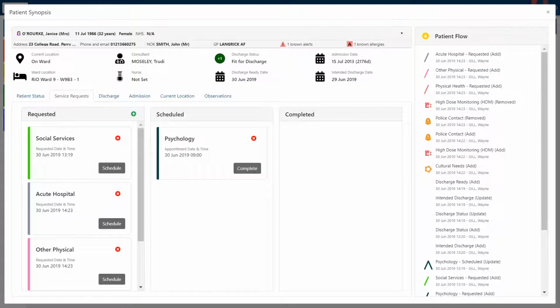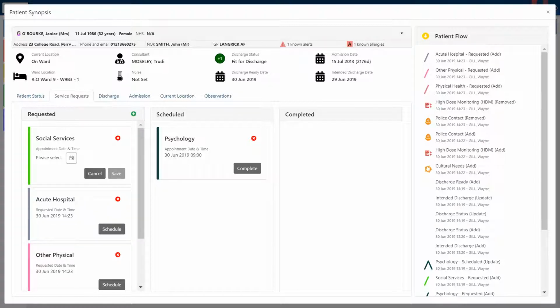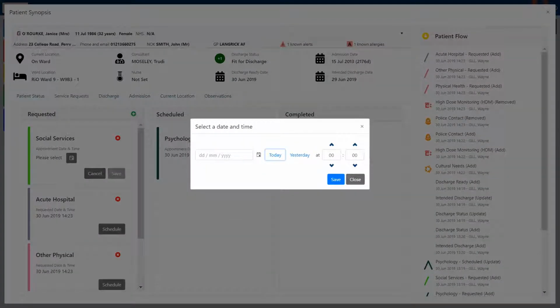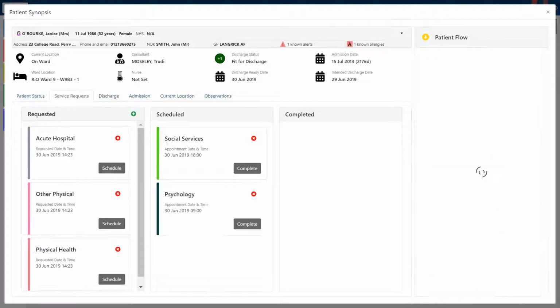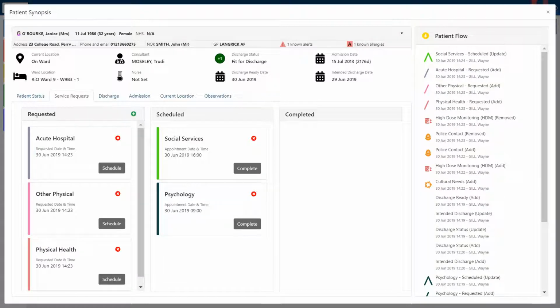So I've just added a number of service requests there, and I'm going to schedule the social services service request. So if I click on the calendar symbol and select today's date, select a suitable time and click on save, I have the option to confirm that appointment date and time. Again, it's not creating any appointments in Rio, but if I save that, it'll then move to a scheduled. So that social services is now